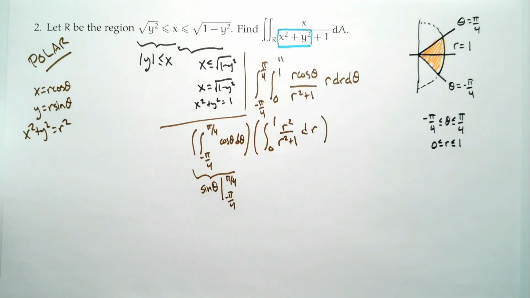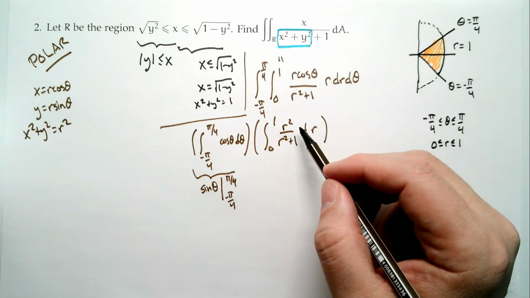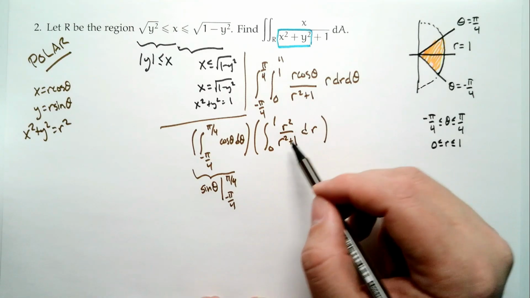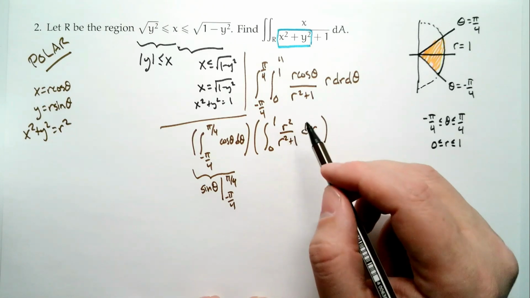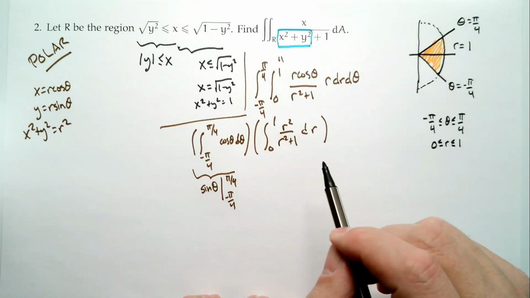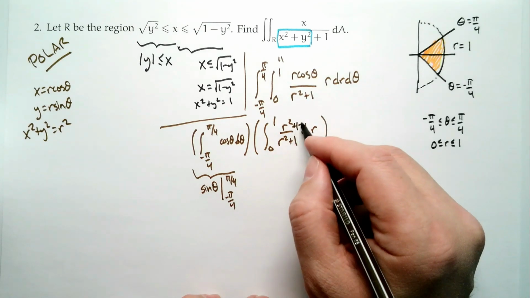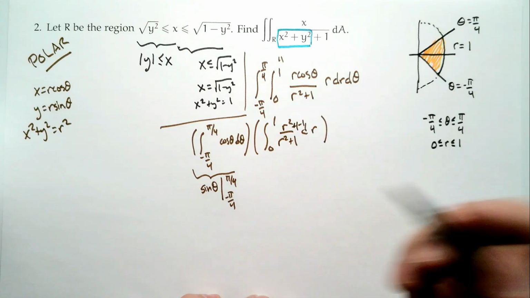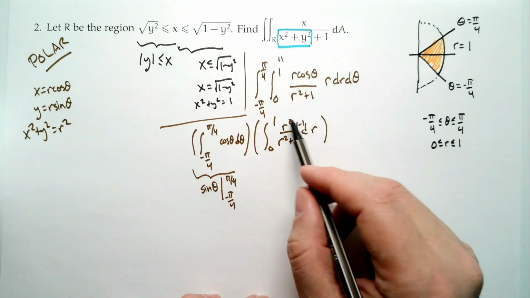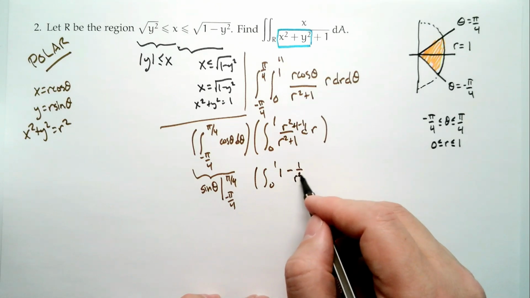Okay, how do you integrate r squared over r squared plus 1? Do you know? What can you do? Well, one thing you can do, if you remember from Calc 2, there was long division. You could actually divide r squared plus 1 into r squared. But here's something pretty simple to do: r squared plus 1 minus 1, still r squared. r squared plus 1 over r squared plus 1 is 1, then minus 1 over r squared plus 1